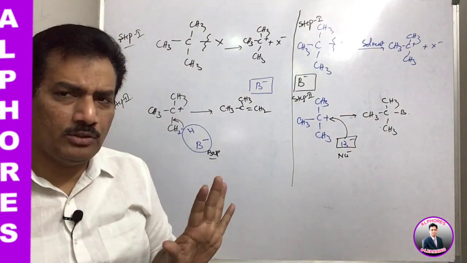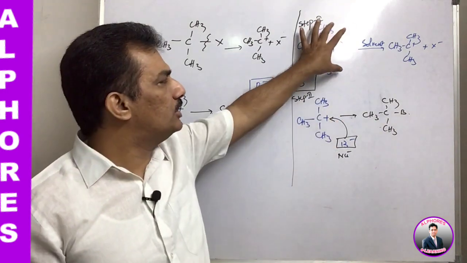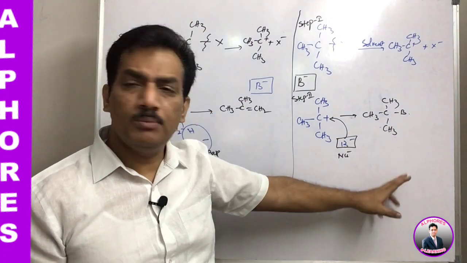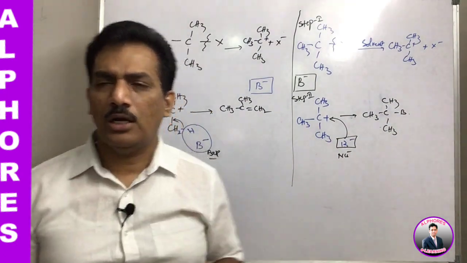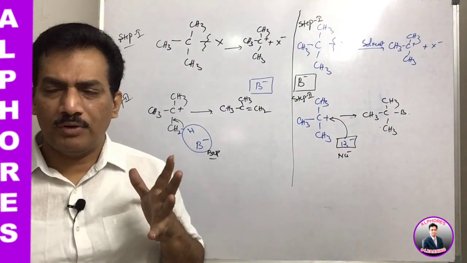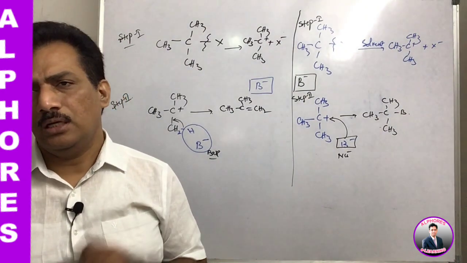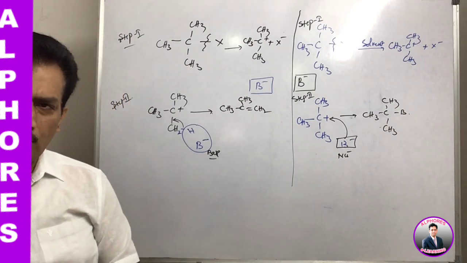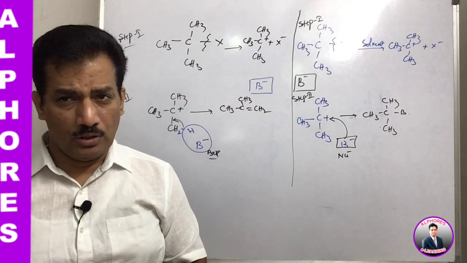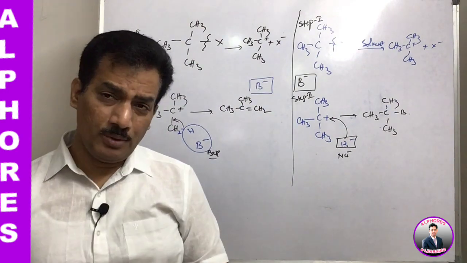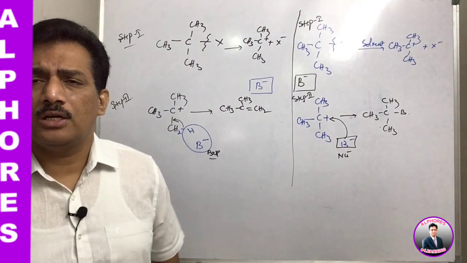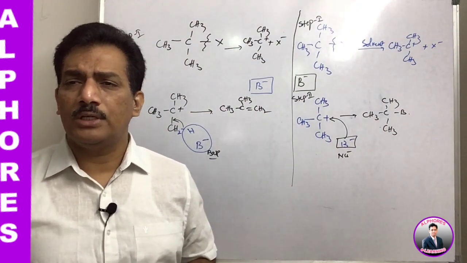substitution. X is substituted. If anyone observes in the beginning and at the end, simply you can understand that in the starting material there is X and in the ending material there is B in place of X. That means X is replaced. That replacing is known as substitution. Here X goes out in the form of X minus, a nucleophile. B comes in the form of B minus, a nucleophile. So simply we can say a nucleophile is replacing another nucleophile, and because of that it is nucleophilic substitution.